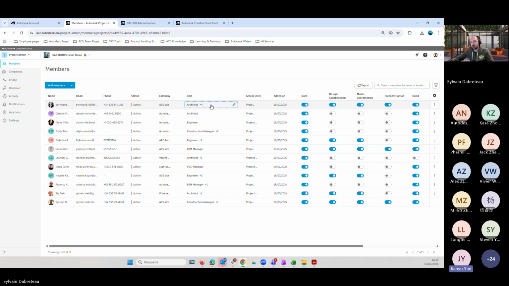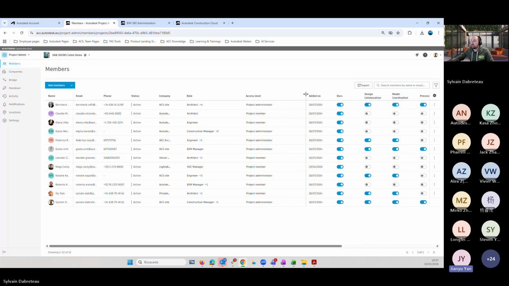Let's say, what are their authorization limitations? How do we set up different roles in ACC with different access levels? You see that someone who is a project member won't be able to change the role. Right, but how do we create new roles first?